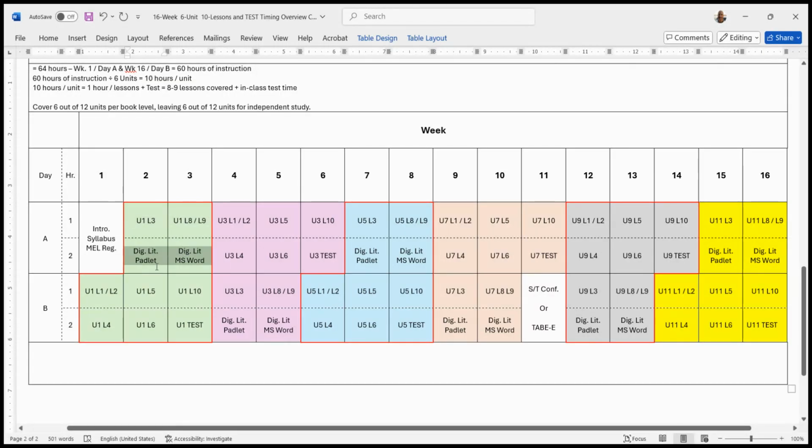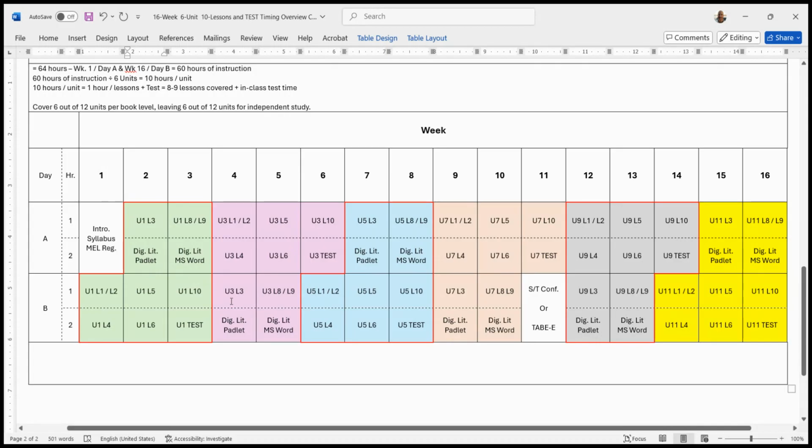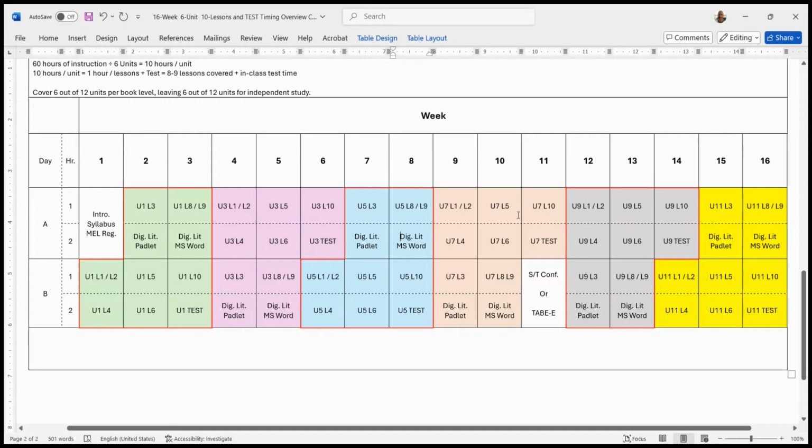Lesson 3 is grammar. I'd pair that with speaking, practice in class, and then record some speaking assignment that I could assess their use of that grammar structure. And then writing, I would always do with Microsoft Word, getting them used to opening a document, typing, saving, uploading, and so on. So that's repeated throughout. Every time you see lesson 3, 8, and 9, whether it's unit 1, 3, unit 5. And here I would get through 6 units